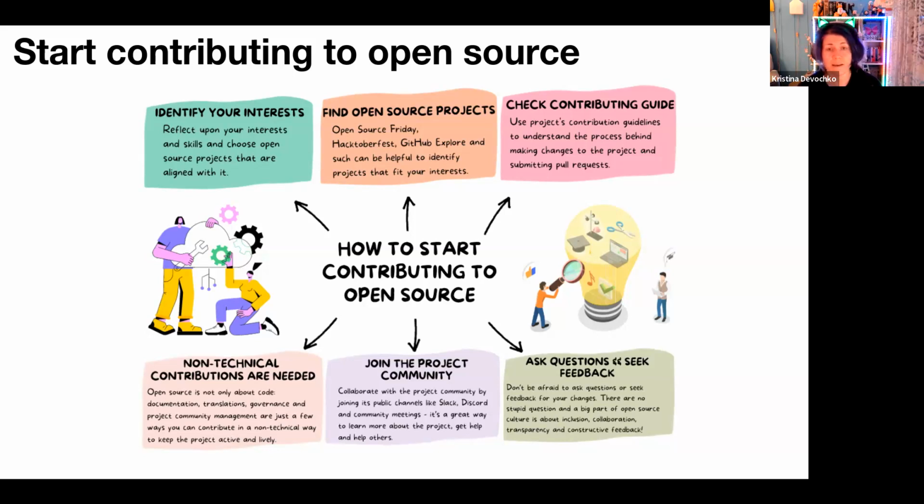And also seek feedback about the changes you make. If you're a bit unsure, you could also create a draft and, for example, ask someone from the community to take a look at it, or maybe even have a short session to discuss it with you. This can also be a good way if you feel a bit unsure before making it fully available for everyone to do the code review, for example. This can also be a way to get feedback a little bit before making it fully available, especially if it's your first contribution.